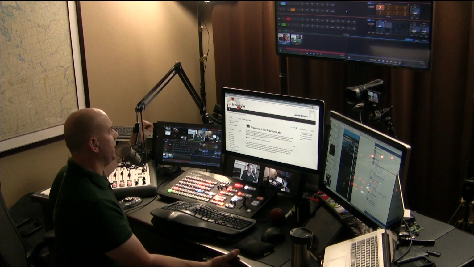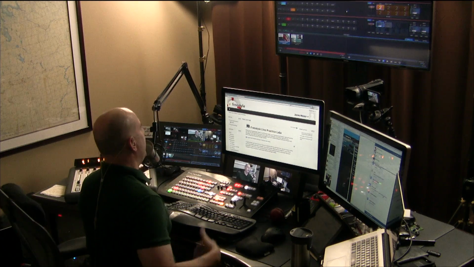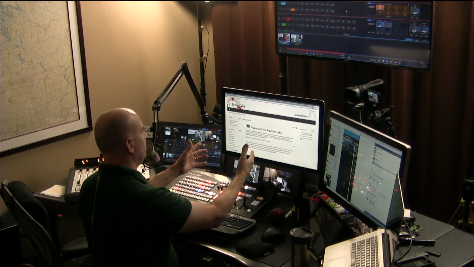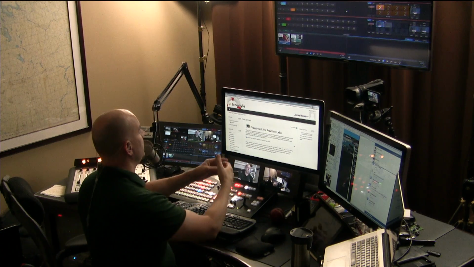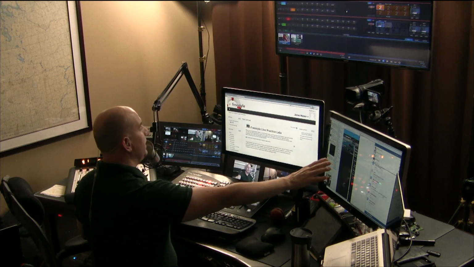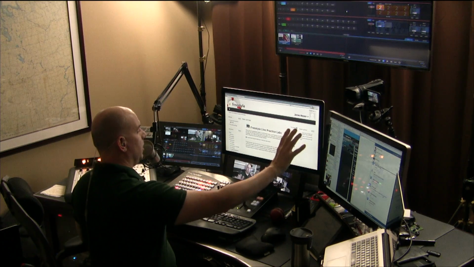I can put graphics on the screen. I can do anything I'd like to do there. I've got the main screen that I do the primary pieces that you see. So if you wanted to see me demonstrating something, that's where I'm demonstrating it here. I've got a secondary monitor off to the side that you don't see, but that's where I do all of